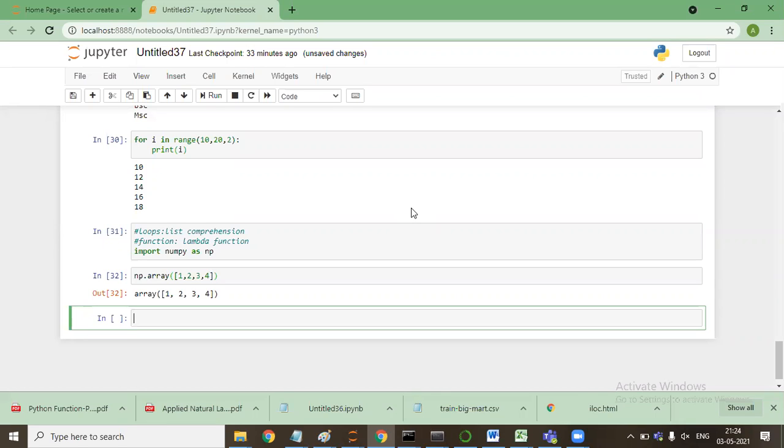But why do we require NumPy arrays? Why can't we go with the list? Because NumPy arrays take less space. They have a kind of space optimization. Are you guys with me? Yes, sir. So does anybody know the difference between a NumPy array and a list? What are the differences?